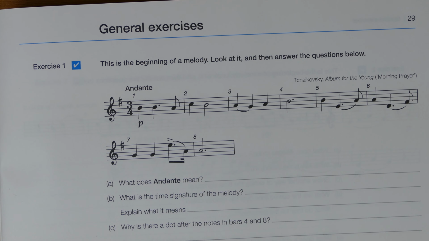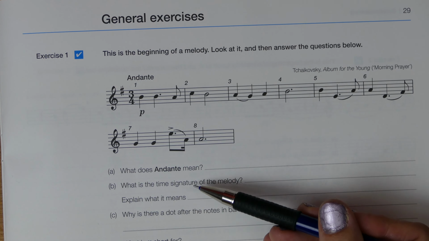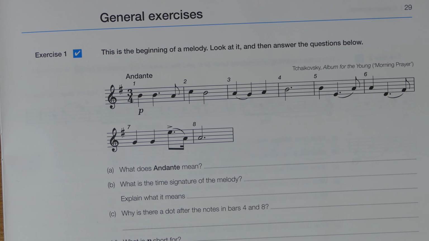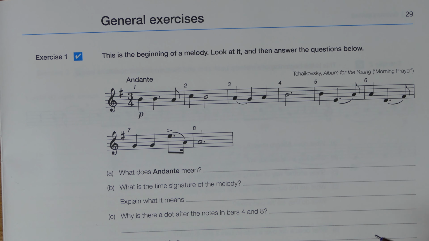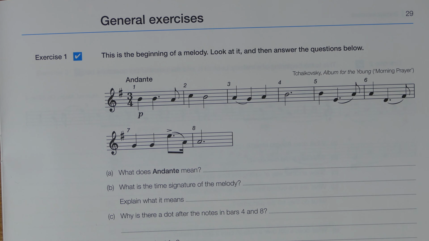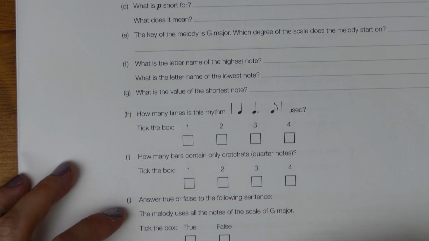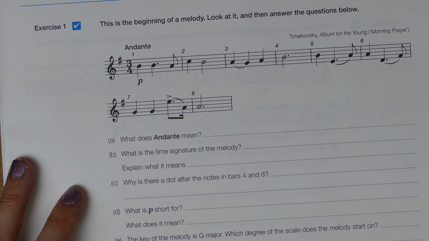Before I set you off to go and have a go at these, I will just give you a clue as to which chapter each question refers to, so you know where to go back to find the answers that you might need. I do suggest in these first revision exercises you look up the answers that you don't know. Just use it as a means of refreshing your memory of everything that you've done in this book so far. And all of these questions are relating to this little extract of music,